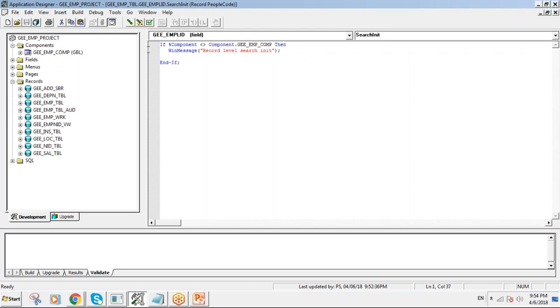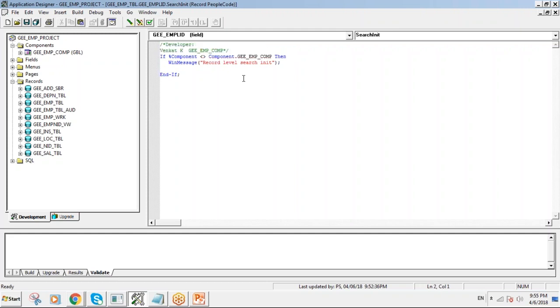Now, I am removing the messages. Okay, let us say you identified, okay, I have written this code. How do you know I have written this code? I have to add my comments like this. What type of comments? What project it is? GEMP comp. Otherwise, you can give a clear description like